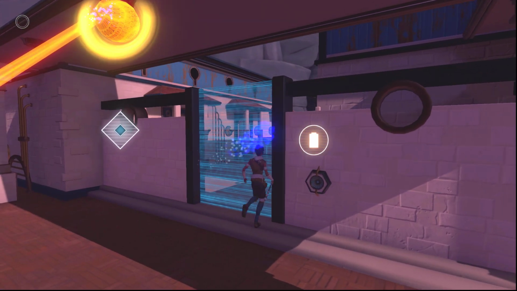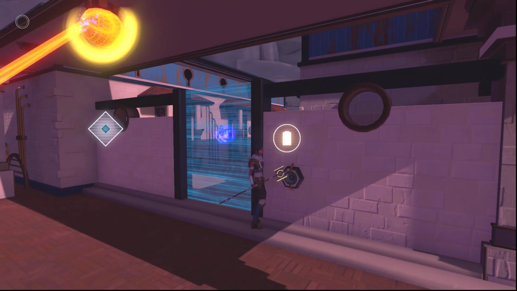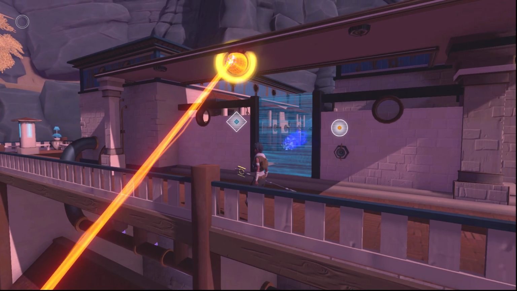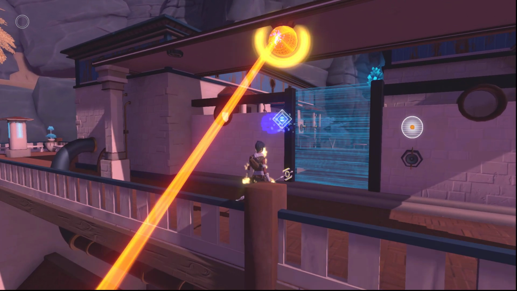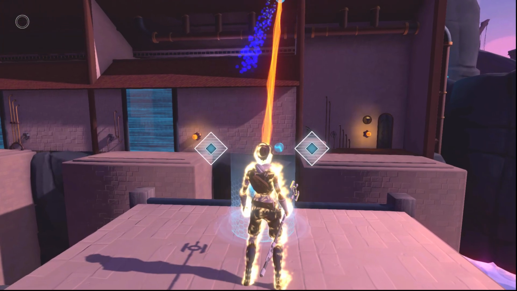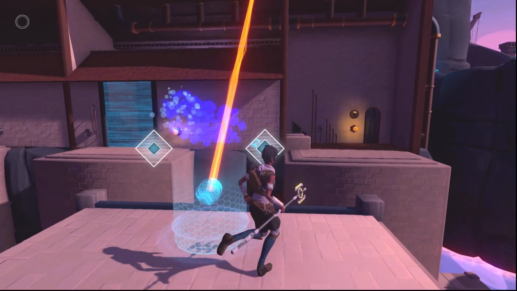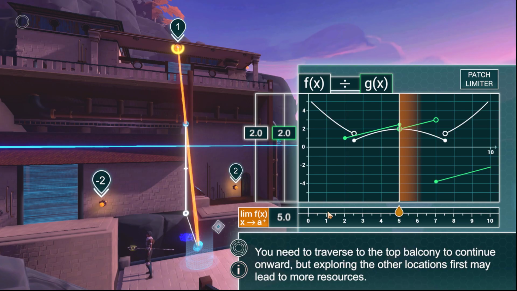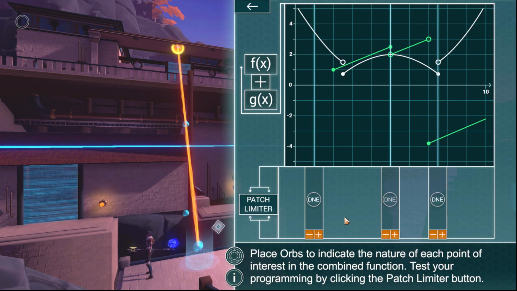Go up here. We need a battery. Okay. I kind of want to go back and grab that battery we left behind. I don't know if it'll let us do that. But, okay, so this